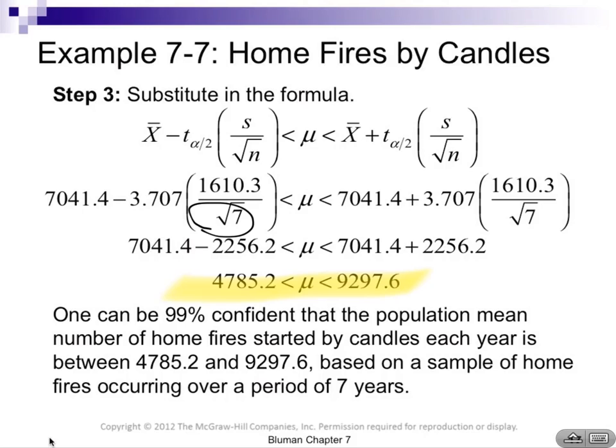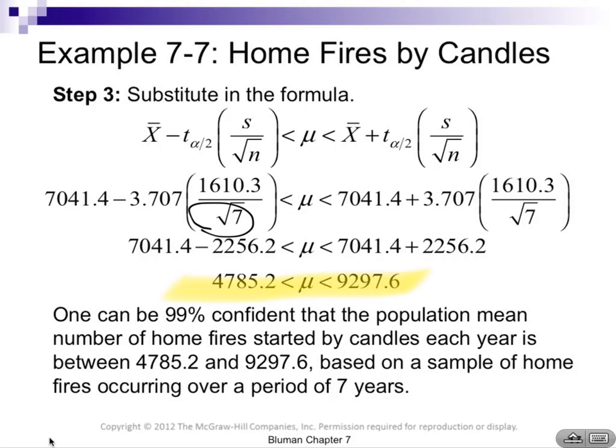Below and above the mean. If you get two numbers above the mean, you've done something wrong. Or two numbers below the mean, you've done something wrong. So be sure you've got a number below the mean and a number above the mean. 4,785.2 is less than mu, and mu is less than 9,297.6. So we can be 99% confident that the population mean of the number of home fires